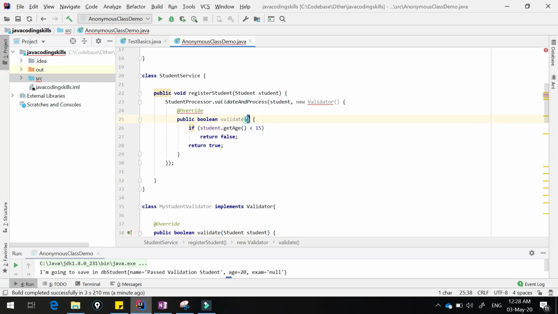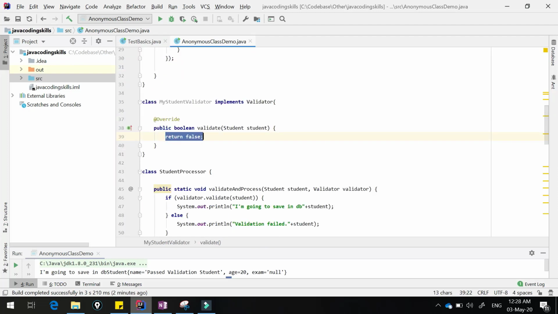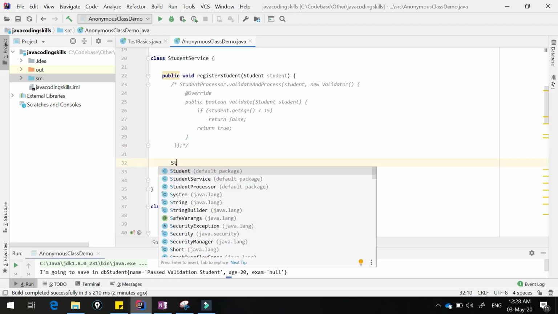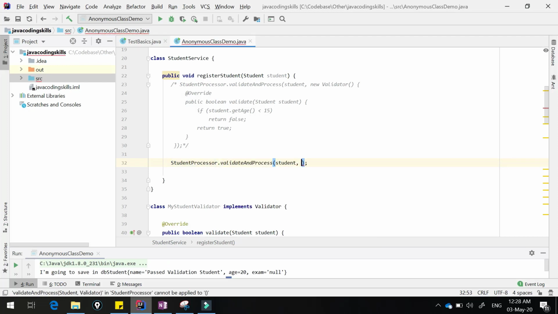Here also we have to pass it, right? Okay, that is fine. Let me copy this business logic from here to our custom class. Now what we are going to do is, let me comment this out for the time being and write it this way: studentProcessor.validateAndProcess(student, new MyStudentValidator()).